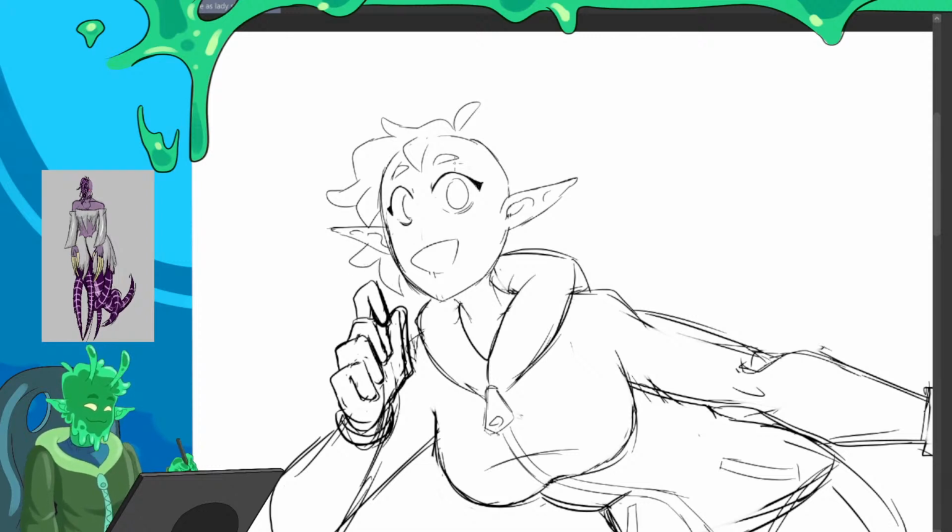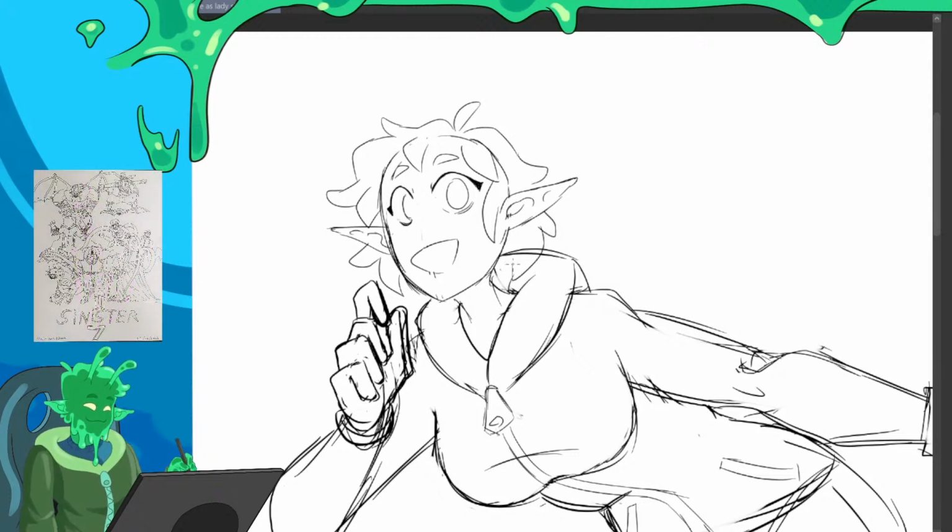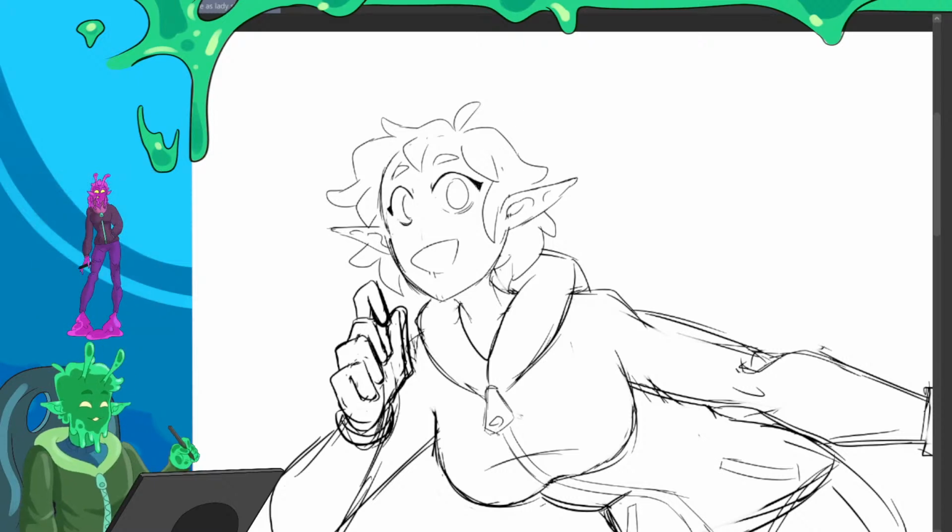No one can stop me. I gotta finish it anyway first. Look at this cute girl, everybody. I feel like I always give anime characters the same hairstyle, but it looks good, darn it. Sue me. Don't pay your taxes.